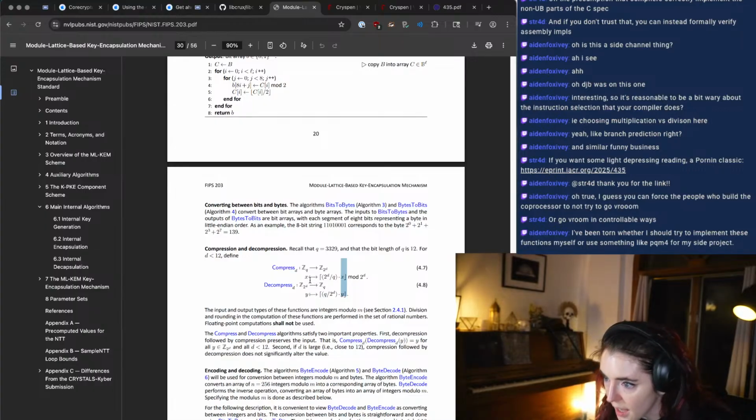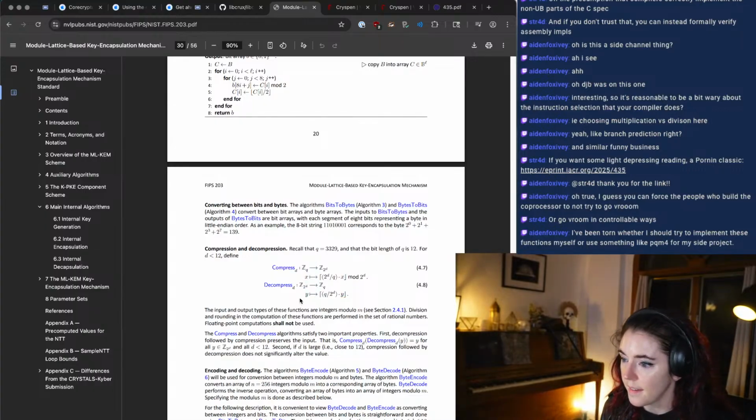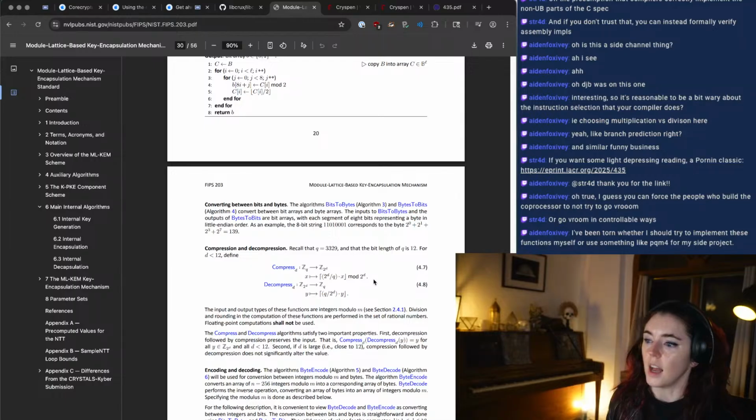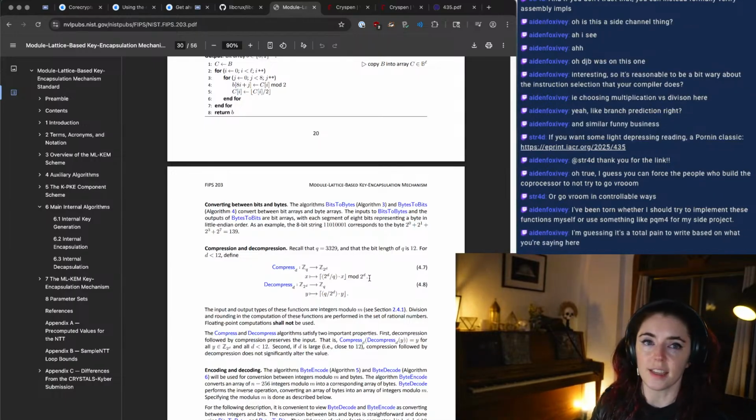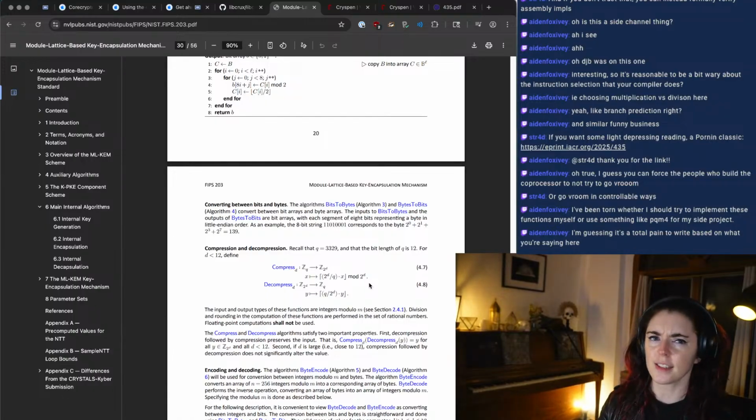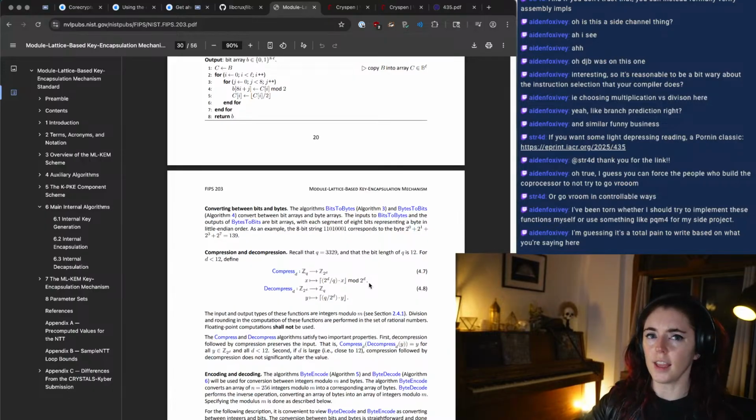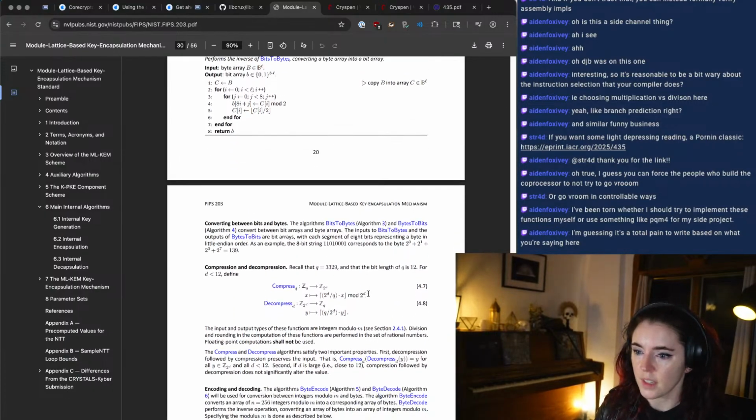Yeah, x is the input. And then y is the output. It's got a division there, so why not divide? And it's a function that says compress. It doesn't say encrypt or decrypt on it, right? Like why,